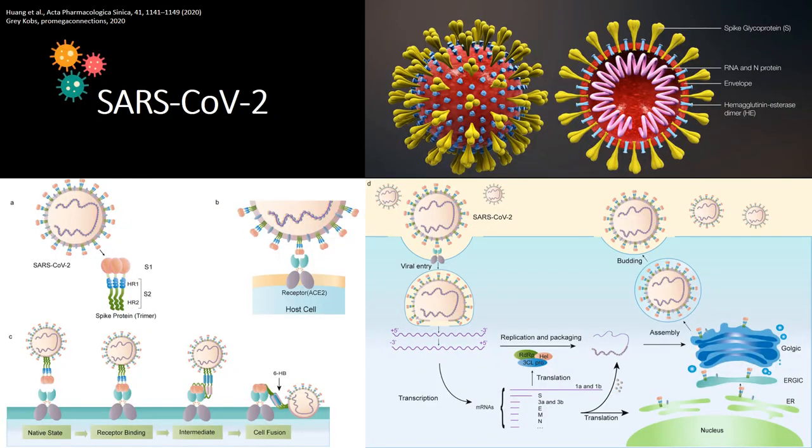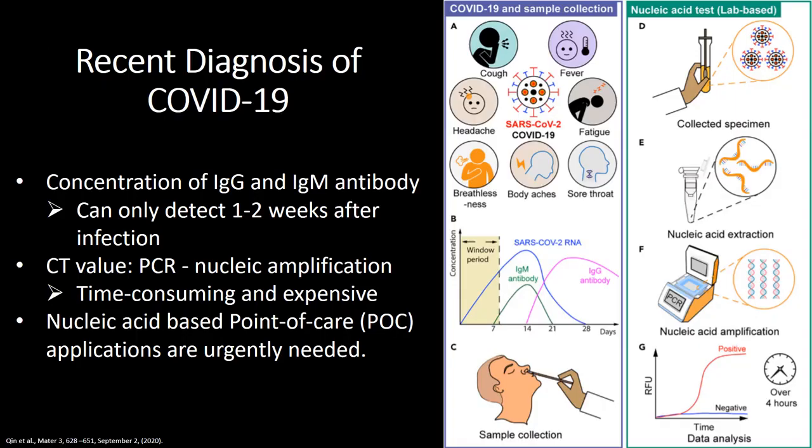So, how does SARS-CoV-2 infect people? There are spike protein, M protein, and envelope protein on SARS-CoV-2. Among these, spike protein S1 and S2 bind to the receptor ACE2 in the human body. By ACE2, the virus enters our host cell, releases virus RNA, and starts replicating more and more virus to infect our body. There are several symptoms of SARS-CoV-2 infection. We must be aware that some are just like seasonal flu.